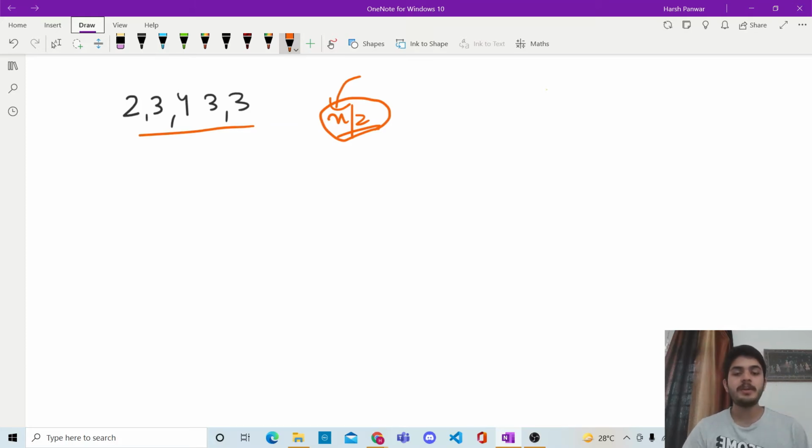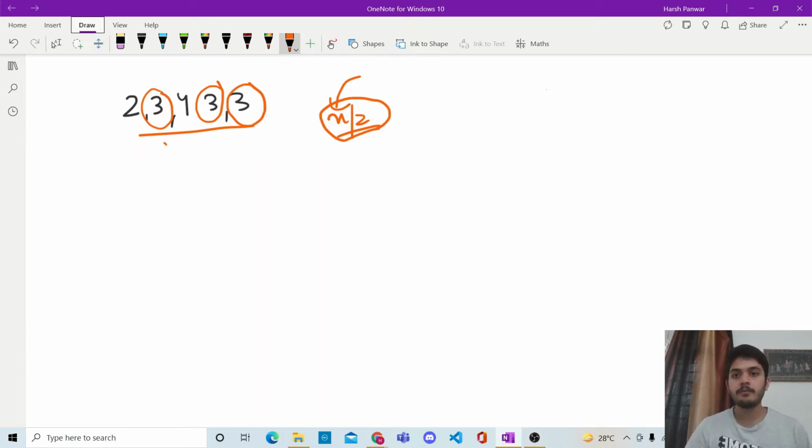So any element which occurred more than 2 times in the array would be the majority element, and we already knew 3 would come out to be the majority element because 3 occurred 3 times. That is more than 2 times. And by the calculations that we just made, we also calculated that 3 came out to be the majority element. So this was the case. All right.